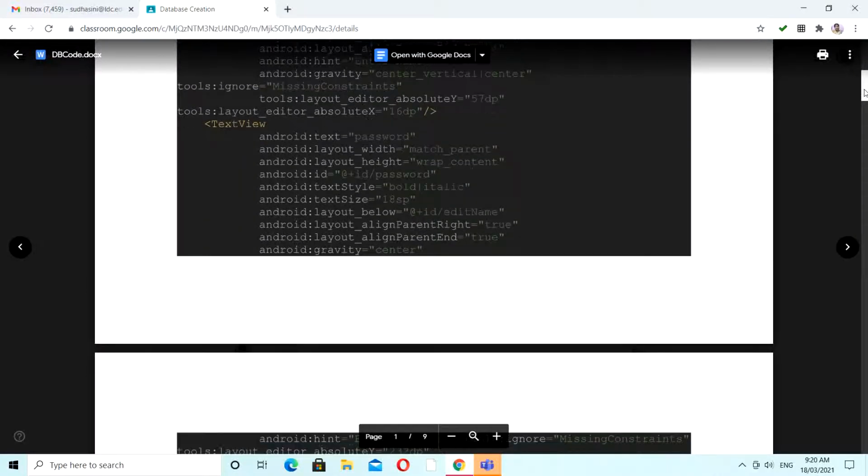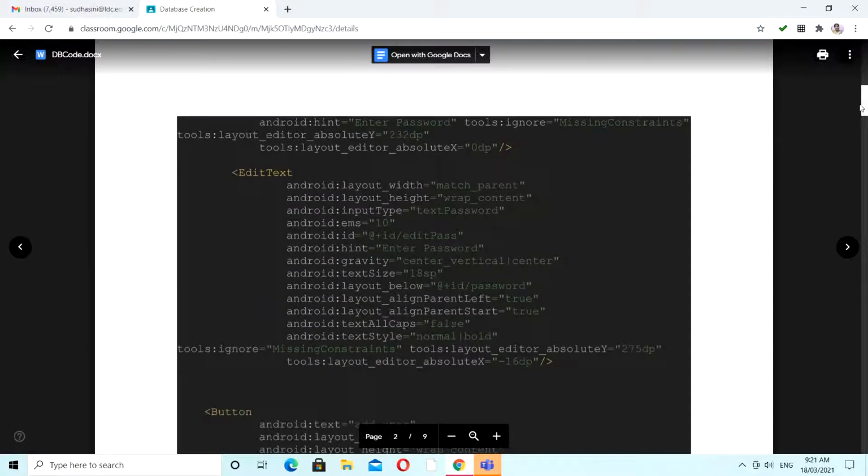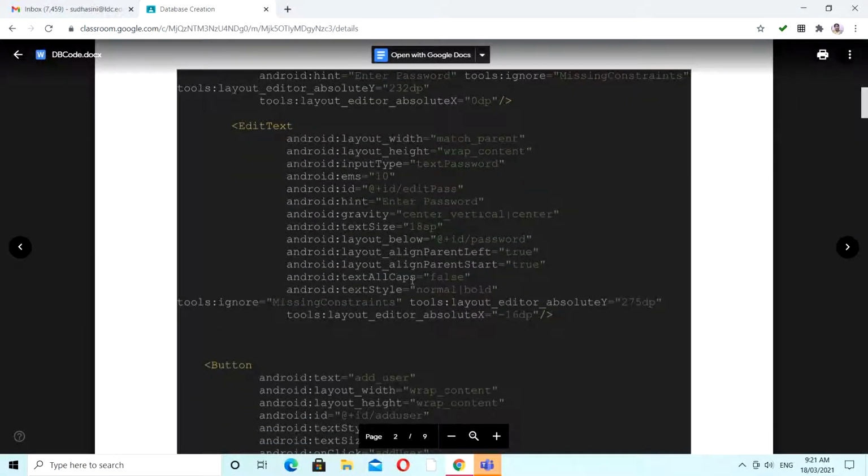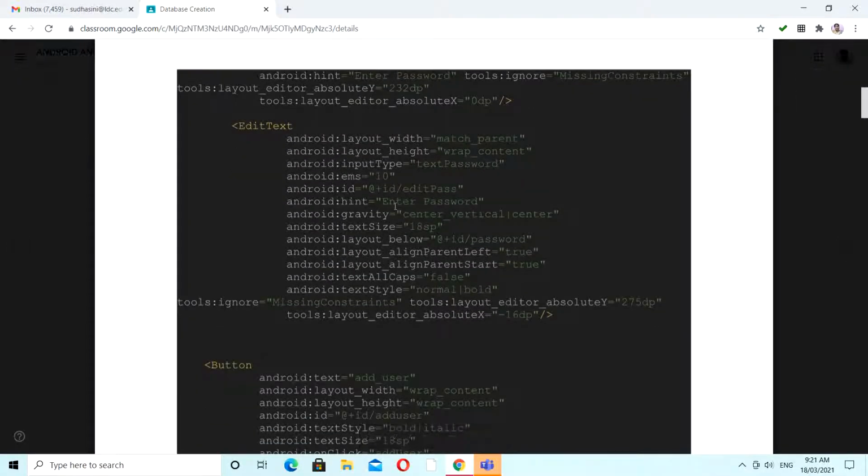The only thing I want to mention is a simple attribute. The simple attribute that we have given is the hint, enter password. Using this hint attribute, it is visible in your environment. When you type in that particular text box, the enter password hint is hidden. So at the very first time, it shows as enter password. In the edit boxes, it gives the user an intuition to type something here.